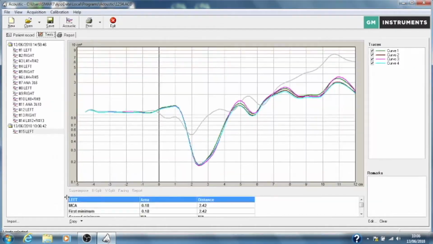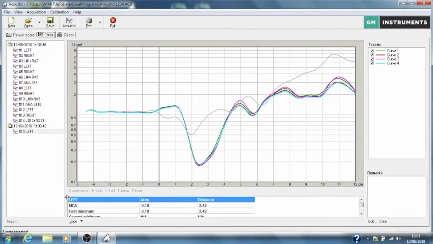And that's the measurement. That's now complete. We've taken in 4 complete cycles, and the results are presented on the screen. Again, the vertical axis is cross-sectional area, the horizontal axis is distance into the nose. So you'll be able to see on the screen now that my trace is quite obstructed, showing quite an obstructed